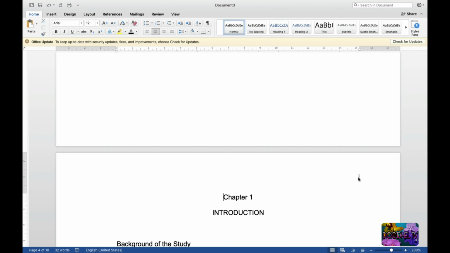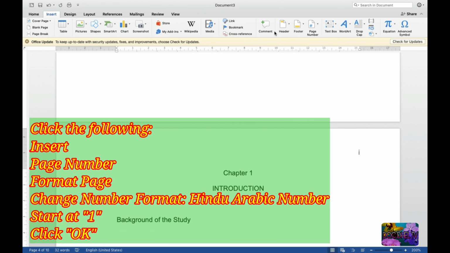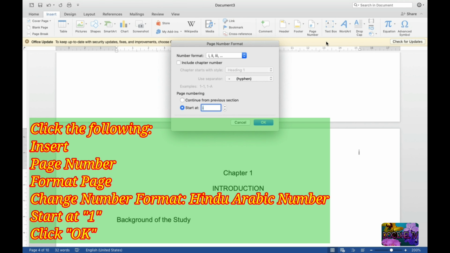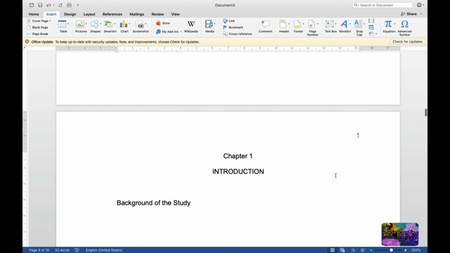So, if you try to look at this, okay, after breaking the page, yung next page is naging Roman numeral 1. So, what we are going to do is, again, lagay natin dito sa chapter yung cursor, and then punta tayo doon sa insert, and then balik tayo doon sa page number, and then i-format natin yung page. Okay, so here, we will be changing the number format. So, 1, 2, 3 kasi dapat naka-Indo-Arabic number, and then tingnan nyo yung start at 1 kung naka 1 and then okay. So if you try to look at this, nagbago yung pagination,